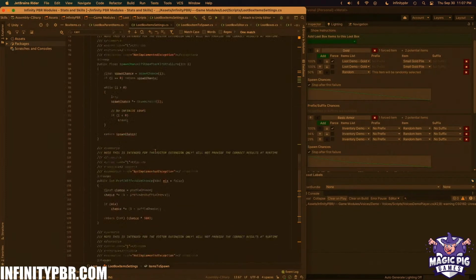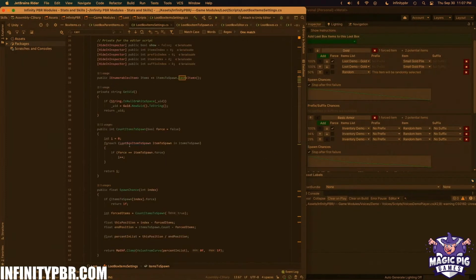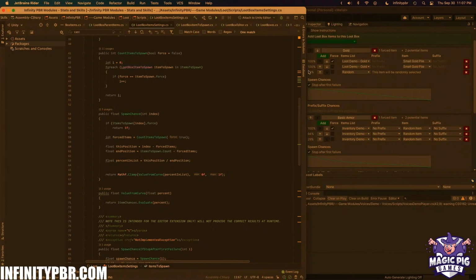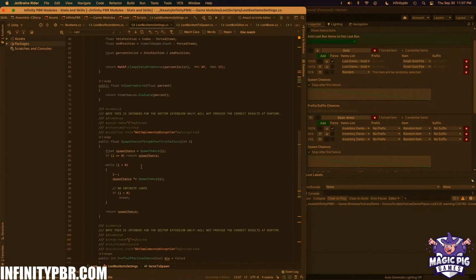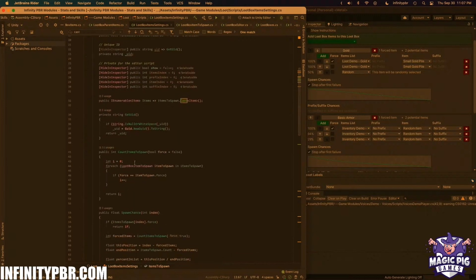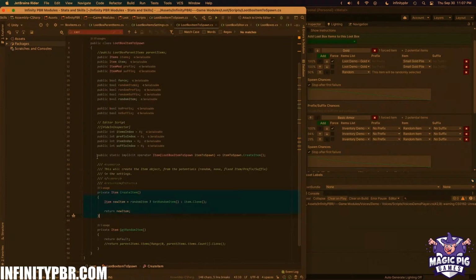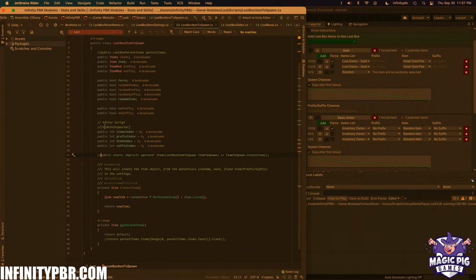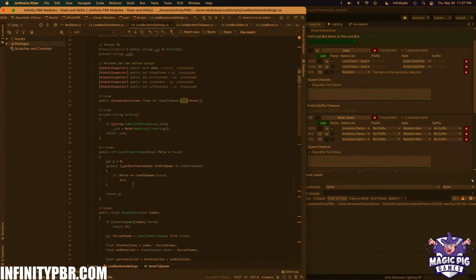Because really this has the spawn chance. This has all the methods I use to figure out the chances of being spawned, etc. I'm not going to delete this code though. But what I am going to do is comment it out. And then go here and say